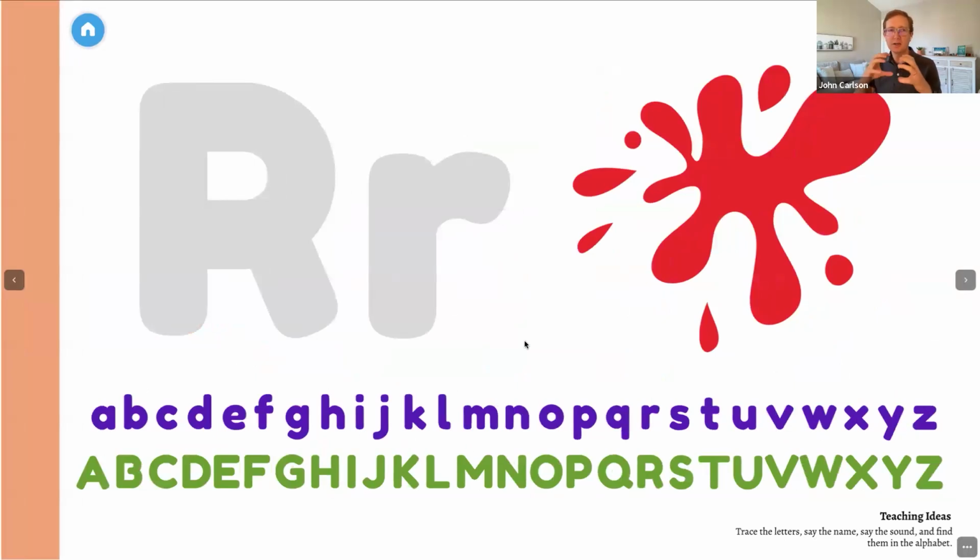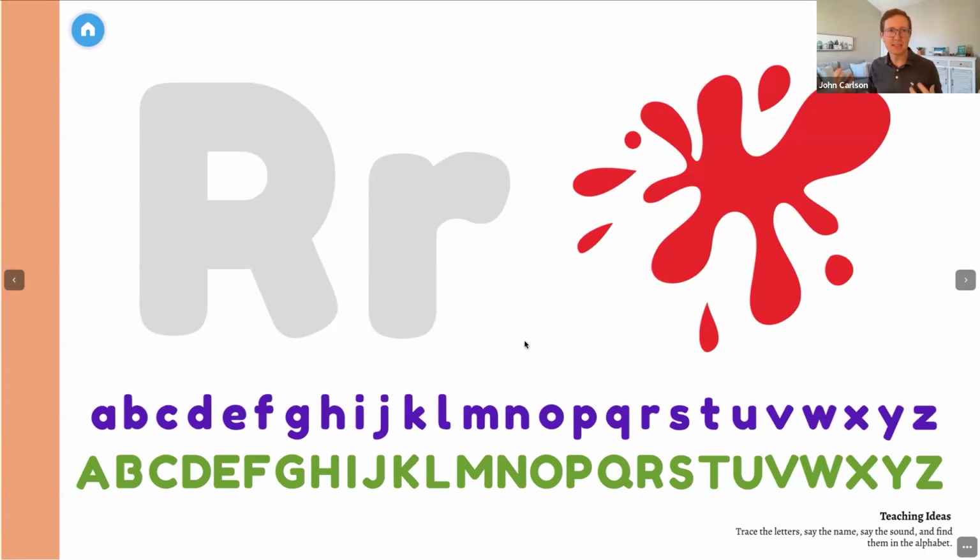So this one, the alphabet, for instance, you want to see the alphabet as a whole. It's very easy to learn R if you only see R on the page. And I'm telling you it's R and it says R, and you repeat after me. But when you have to pick it out of the entire alphabet, or when I am saying a sound and you have to find that in the alphabet, that's where the real learning happens for students, because then they're actually forced to remember the sound and identify that mixed in.